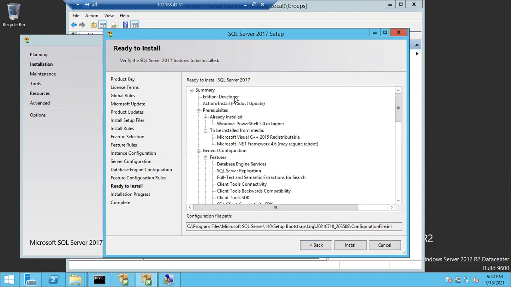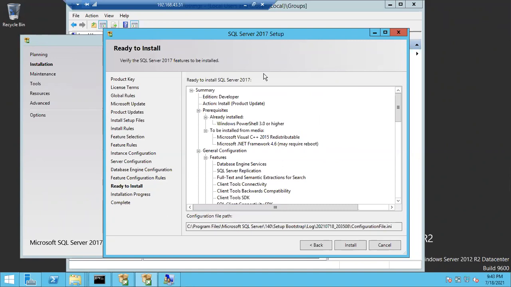Okay, action is equal to install. Again, this Windows Server doesn't know the GUI. We don't know the command to install SQL Server. This setup will help us to create a command. Why? Because Windows Server only knows commands. It doesn't know the GUI option, and we don't know that much command, right?